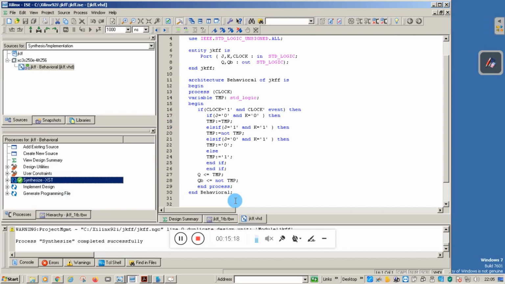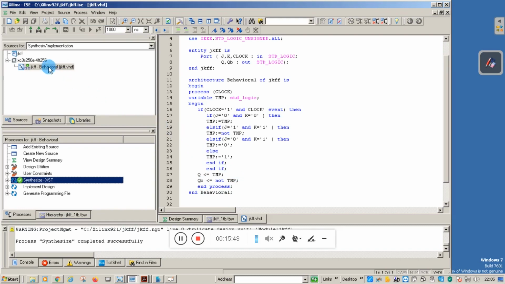Input to the hardware will be given either by a stimulus process or by giving input in the form of a waveform, that is called the test bench process. The whole process is called a test bench. Test bench is nothing but giving input to whatever hardware you have developed. That is called the test bench process.